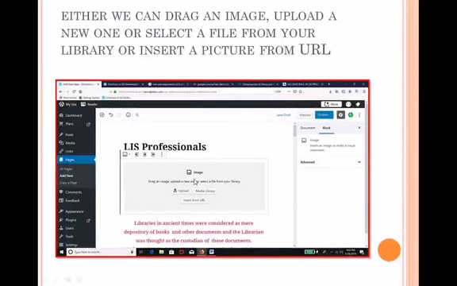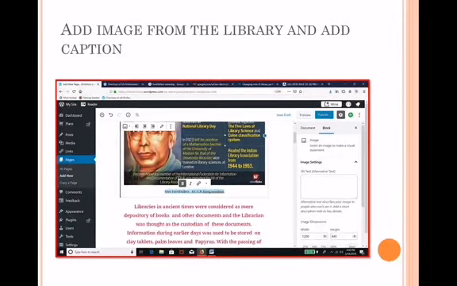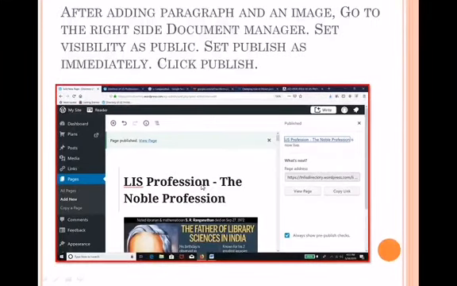So I have selected an image block. Either you can upload an image that is available in your computer, or if you have stored any item in the media library of your website, you can take a picture from there, or even from a URL, any URL. You can bring a picture which can be placed over here. So I have brought a picture. You can give a caption here. You can type the caption, you can bold it, you can italicize it, you can give a link to this particular image. You can do all these kinds of things.